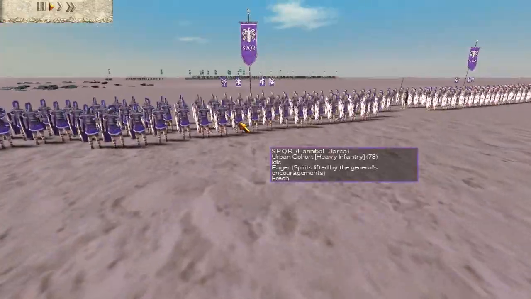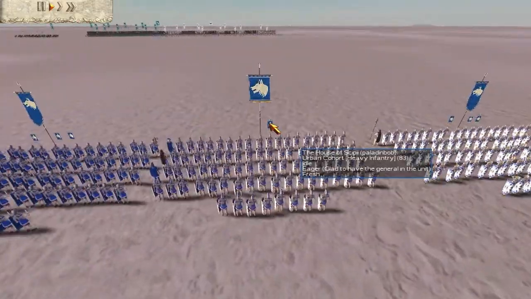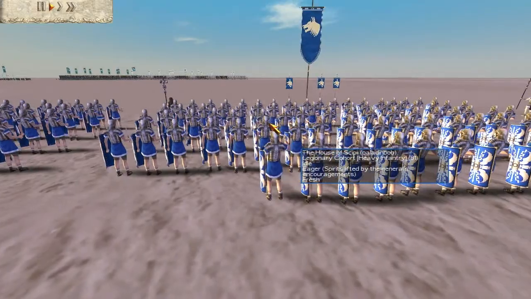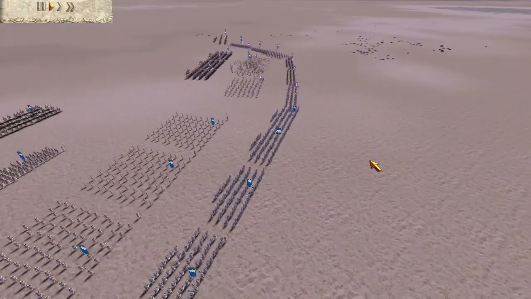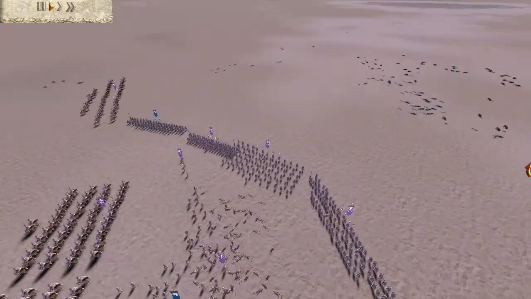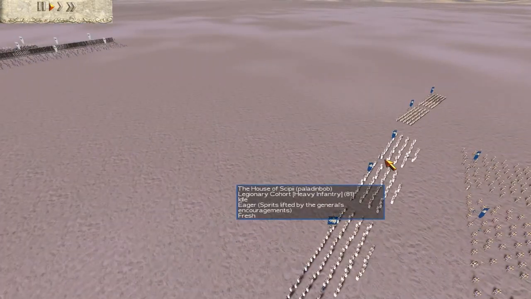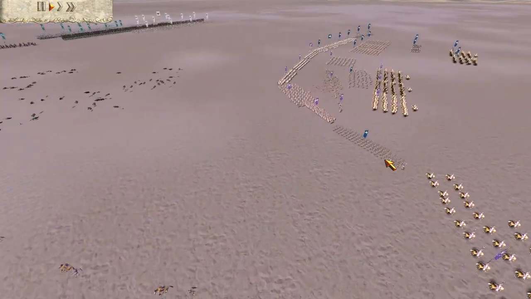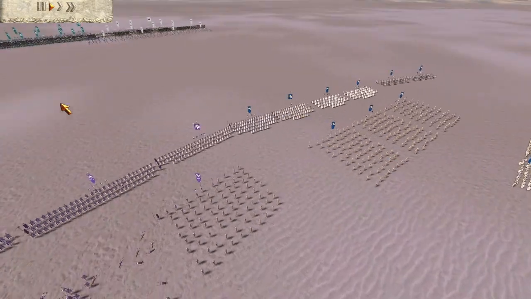So it's taken a lot of upgrades away from their infantry that otherwise could have been more effective, particularly Paladinbob. If we look at some of these legionary cohorts, they've only got 3 upgrades, and those 3 upgrade legionary cohorts will not be a match for my cataphracts unless they are supported. As long as I don't go randomly charging in and take too many peeler from them, if I hit them from sides and encircle them,